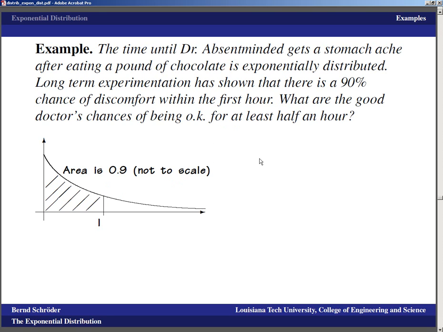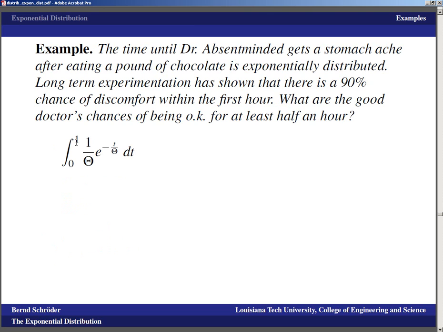and that's pretty much all we need in order to set up the problem, because that tells us that we have to take the integral from 0 to 1 of a generic exponential distribution, and we have to set that equal to 0.9, because that's what that area is supposed to be. So if we do that, we take a generic exponential distribution, integrate it from 0 to 1, and we get, well, the antiderivative is negative e to the negative t over theta. That's a quick u substitution, or you could just